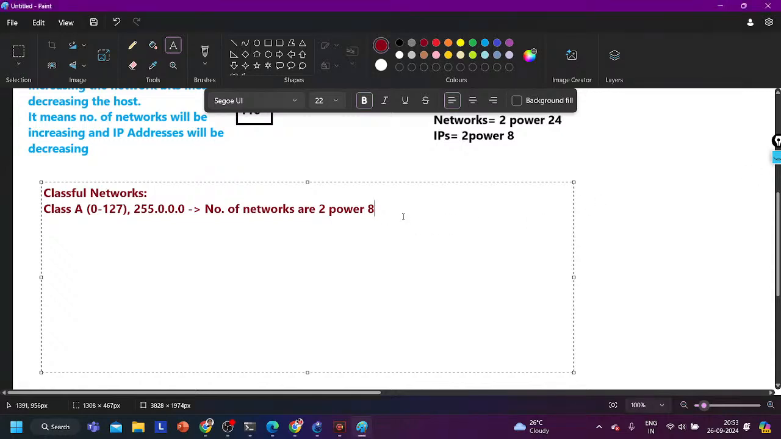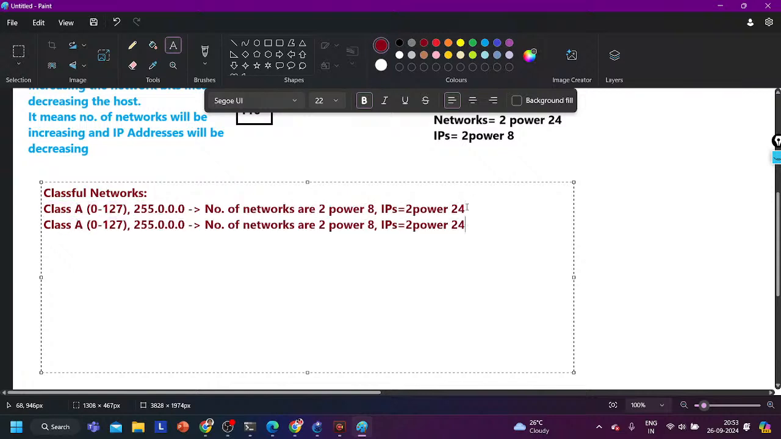And guys, the number of valid host IP addresses is 2 power 24. So we have lots of IP addresses in class A. In the same way for class B,